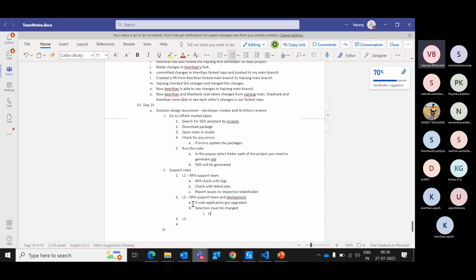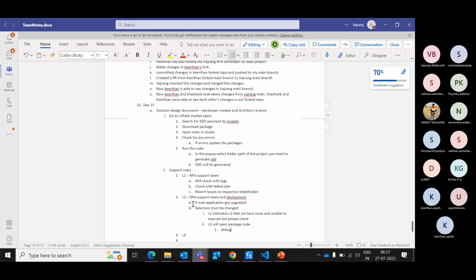Okay, L1 intimates L2, like the dev team, that there is an issue and they are unable to execute the bot. Please check. So now the L2 team will open the code, open the package code,